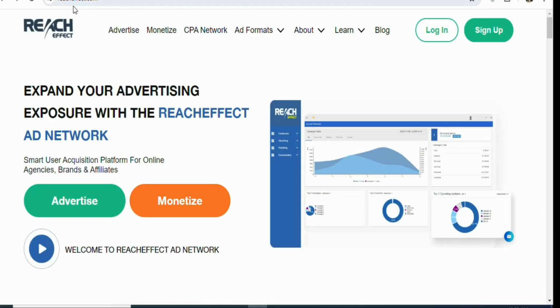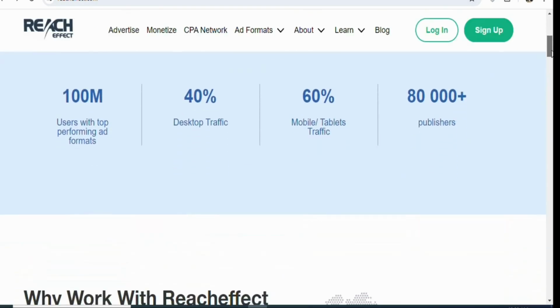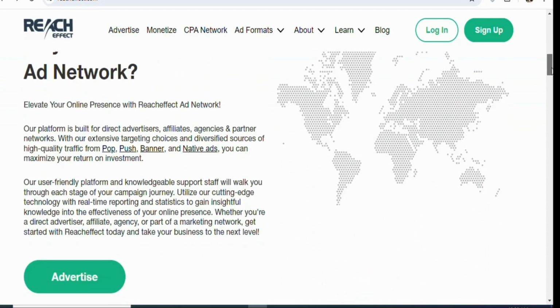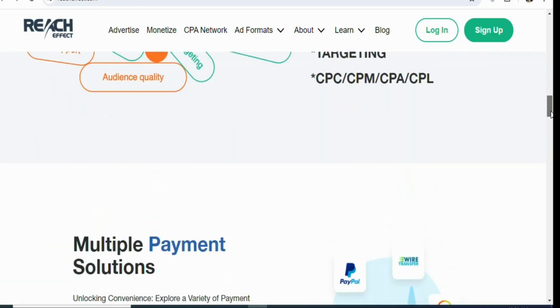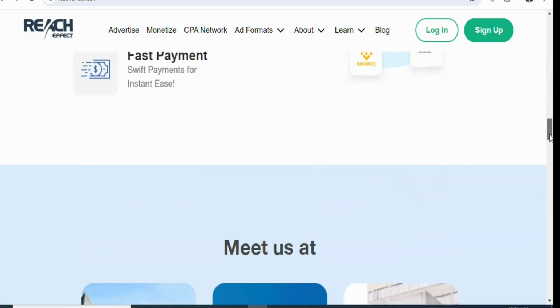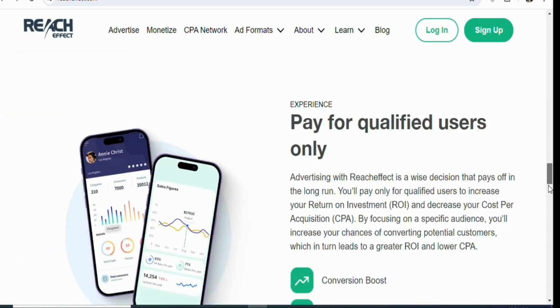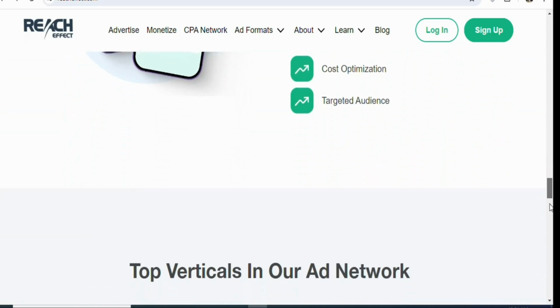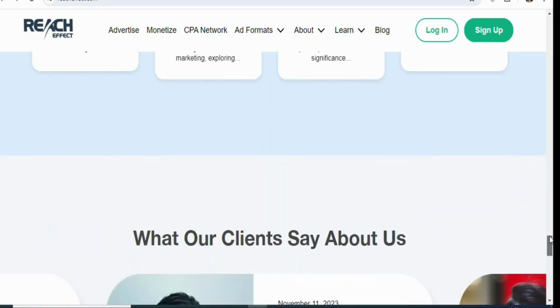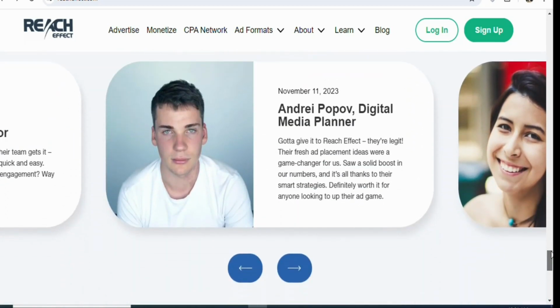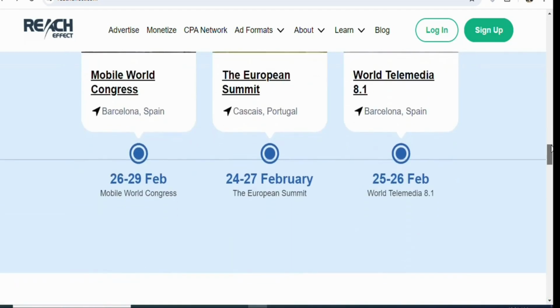The traffic source that we are going to be using today is richeffect.com. This is a website where you can advertise your affiliate links at a very cheap cost. Or if you want, you can join this website as a publisher. If you join as a publisher, this website is going to be paying you anytime they serve ads on your website. But in this case, we are going to use it to advertise our affiliate link. So we are going to be paying this website so that they can get clicks to